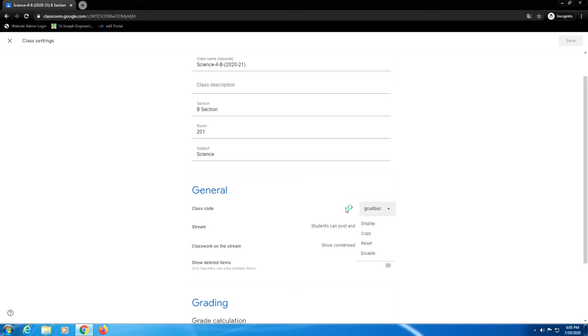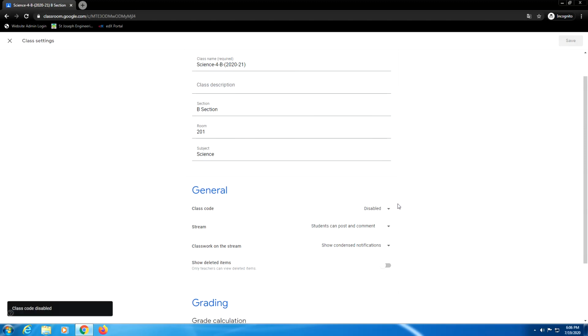So if they don't do that, it will be difficult for a teacher to track. Okay, so that is one thing. The best thing teachers can do, one option, is to share a class code, but as I told, there are some problems when we share the class code. There are chances that other people also will join your class. What you can do is disable this, and you can invite the students by using email IDs.